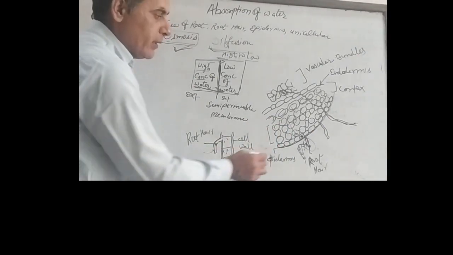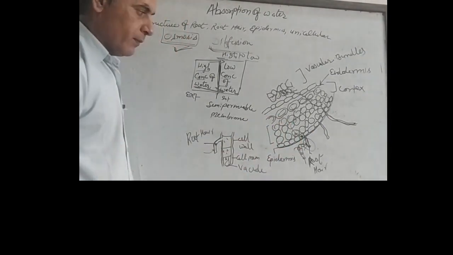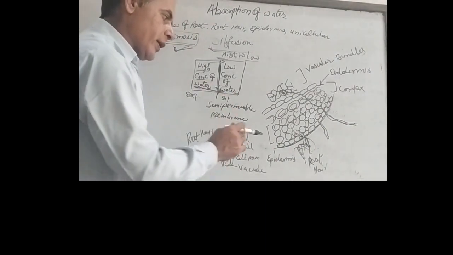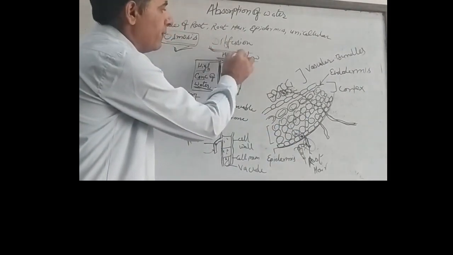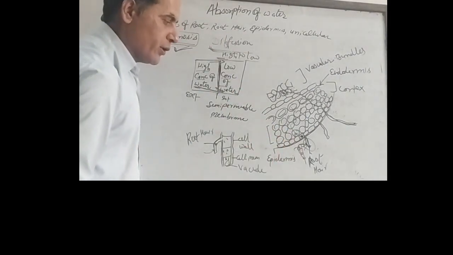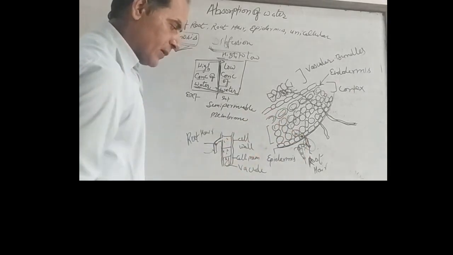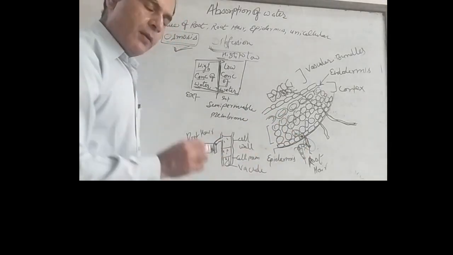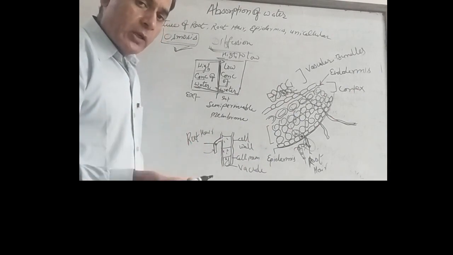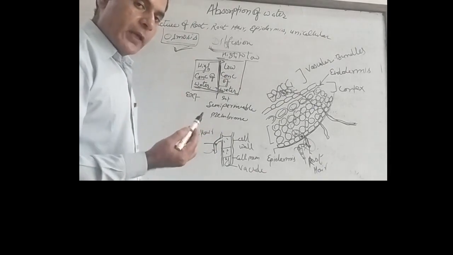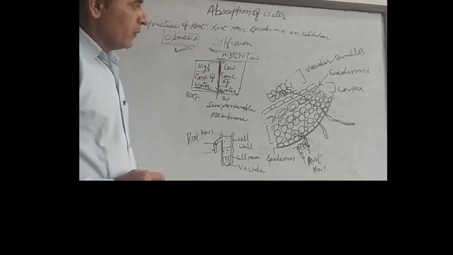So in the soil, if the salt content is more, but inside the cell the salt content is less, then they will diffuse into the cell. From the soil to the root hair, they will move by diffusion, because outside the concentration of salt and minerals is more, so they will diffuse into the cell. This is the movement of salt, minerals and others like sodium, potassium, iron. This is called diffusion, because osmosis is applicable only for water.